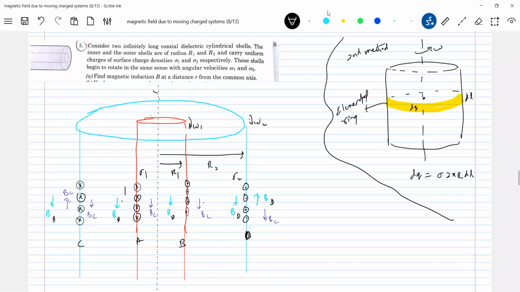Due to A, it will be BA, BA. Due to B, it will be